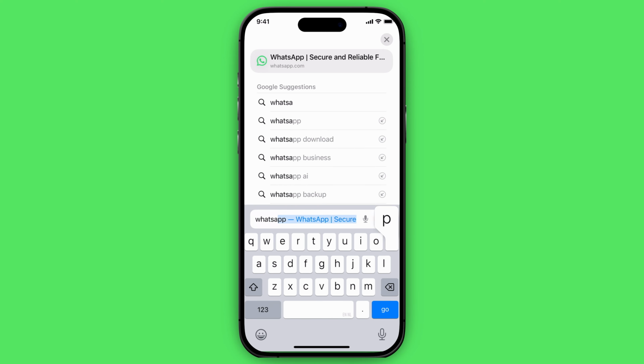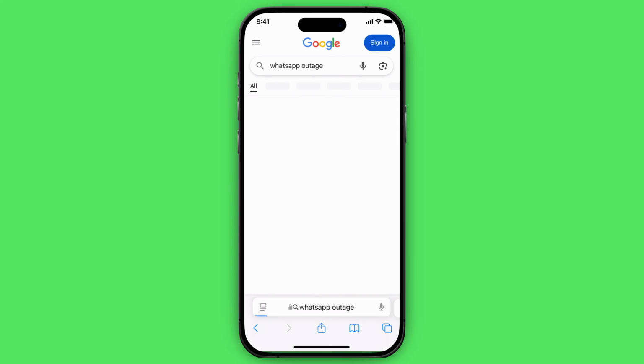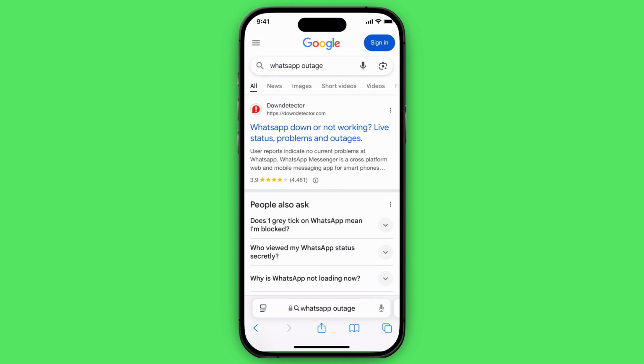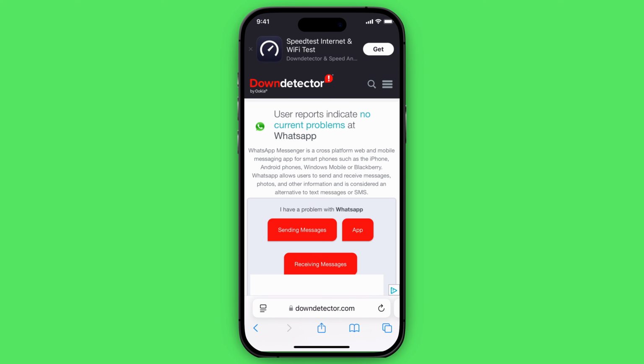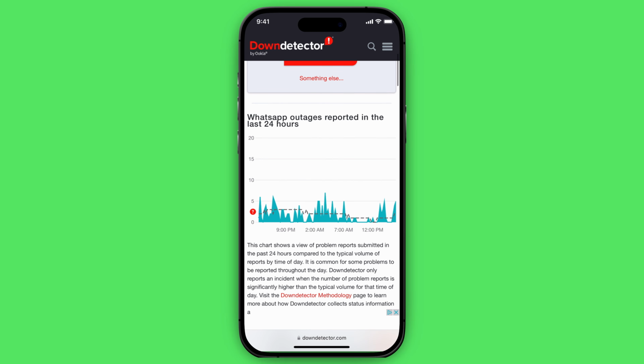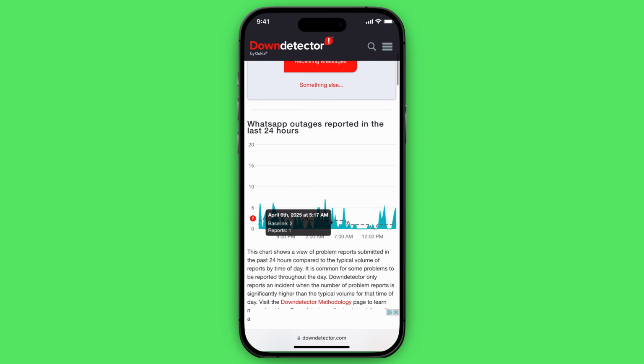So let's type in WhatsApp outage and then click on search. And then we're going to access the Downdetector all the way at the top. And then we are just going to scroll down all the way. And then we're going to see if there is a giant spike in outages, because this will give you a good indication if WhatsApp is down. If this is not the case, then there is probably no outage,